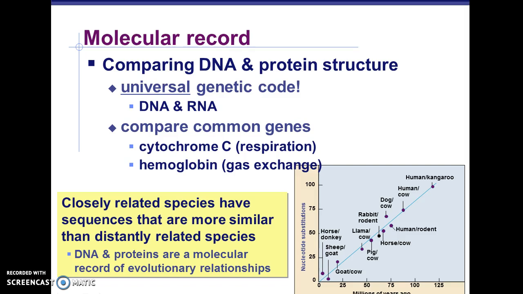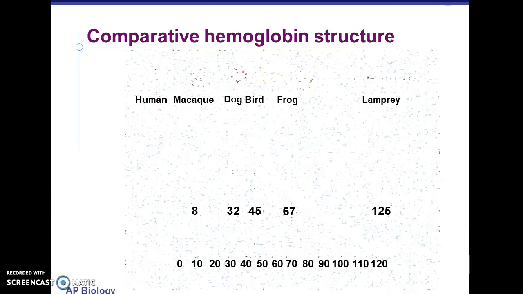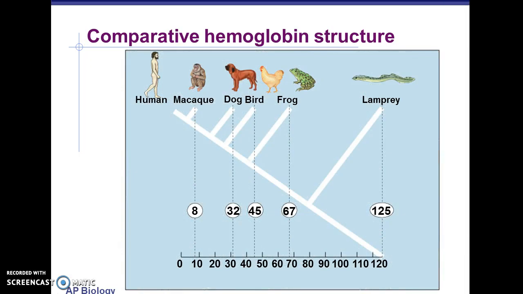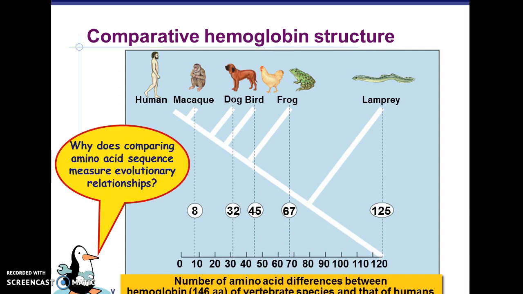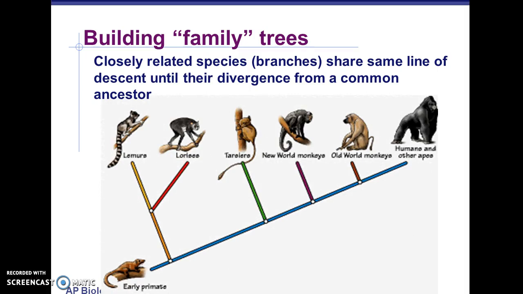Closely related species have sequences that are more similar than distantly related species. So DNA and proteins are our molecular record of this. Okay, so we're taking a look at the comparative hemoglobin structure. And what you have here is a phylogenetic tree, which you guys will be learning about soon. But we are able to look at the number of amino acid differences between species and then compare. Let's keep going here. So building family trees,